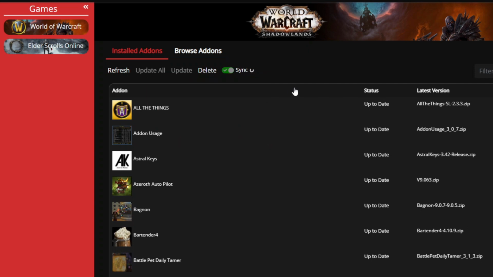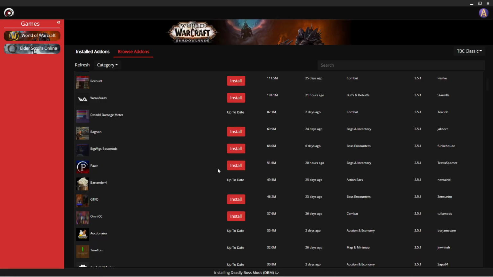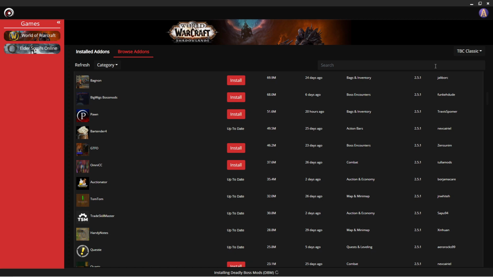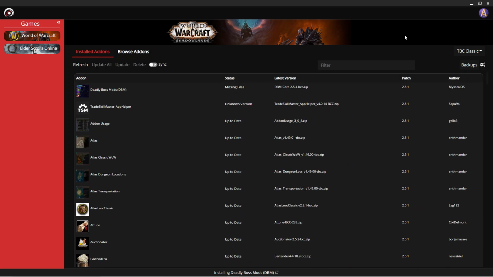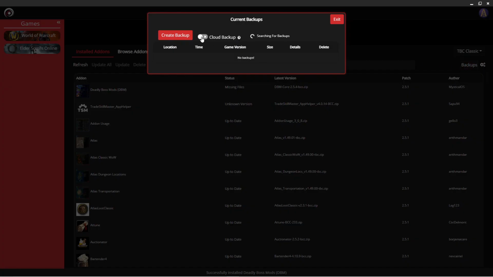You can also create local and cloud backups for your add-ons and settings. To create a cloud backup, you need to sign up for an account by clicking on the icon in the top right and following the steps. Once you've done that, you can click on Backups and toggle Cloud Backup. Singularity will save your most recent cloud backup and then delete the others. This is because the developer is paying out of their pocket for the storage, so it makes sense that there would be a limitation on how much data you could store.